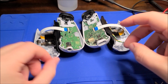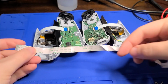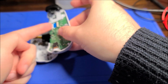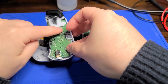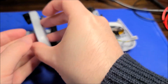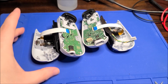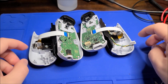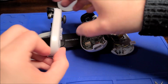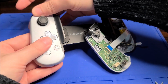Okay, I don't know why I got really confused. The way that this is supposed to be oriented is if you're looking at the ribbon stretched out, the contacts have to be facing up so that when they wrap around, the blue tab is facing the correct way. You could see the blue tab when you plug it into the board, and then this gets bent into an S shape. I don't know why I got so confused about that, but anyway, we're together, springs are in, everything is buttoned up, and I think it's just a matter of getting these